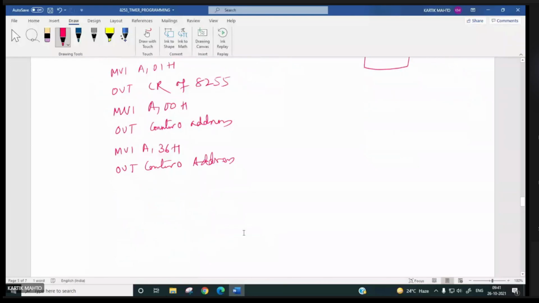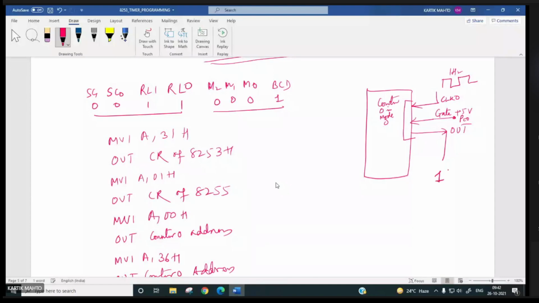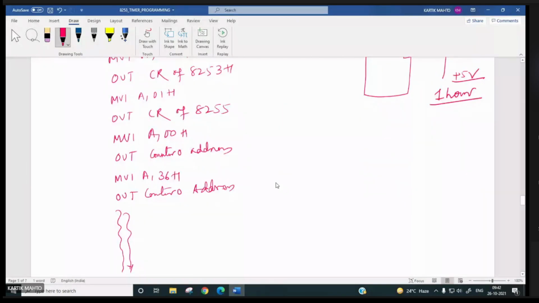Now suppose the processor is doing something. So what will happen? Automatically after 1 hour, this out will be plus 5 volt, no? Out 0 will be plus 5 volt. Okay. Now in between somewhere here, suppose we have to find out how much time has elapsed.